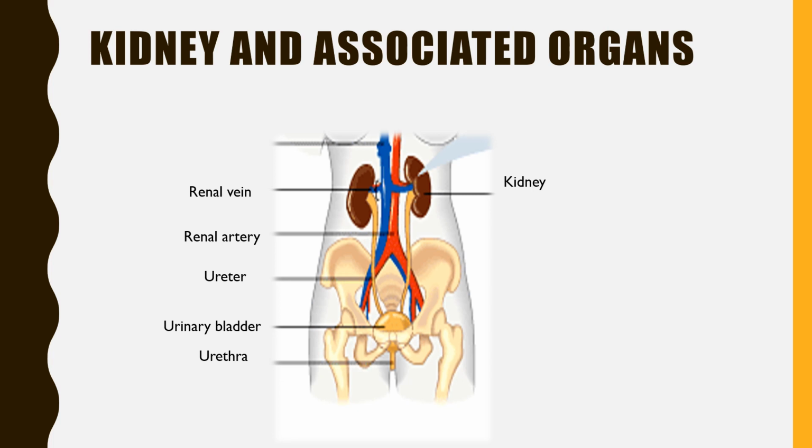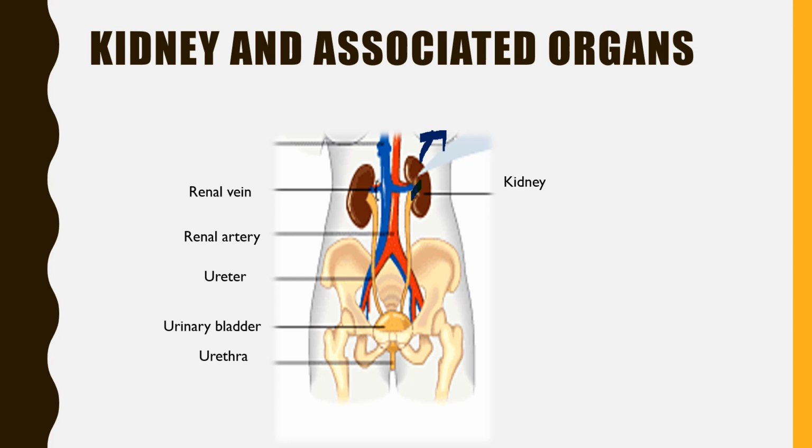Let us look into the parts of the kidney and associated organs. There are a pair of kidneys located towards either side of the backbone. The left kidney is at a slightly higher position than the right kidney. The kidney is bean-shaped in structure. It is supplied with a renal artery and a renal vein. The excretory products are